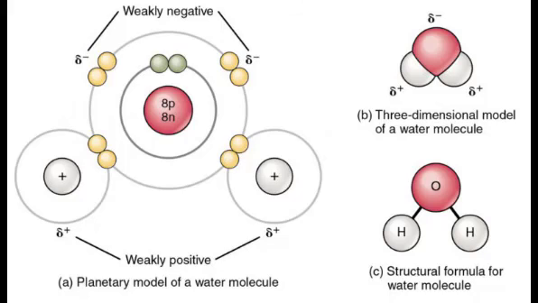That is, the oxygen region has a slightly negative charge and the regions of the hydrogen atoms have a slightly positive charge. These charges are often referred to as partial charges because the strength of the charge is less than 1 full electron, as would occur in an ionic bond. As shown in this picture, regions of weak polarity are indicated with the Greek letter delta and a plus sign